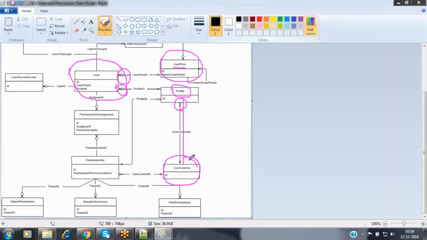Now observe what happened here. We have the license, the license has multiple profiles, and these profiles can be assigned to multiple users. Every user will have the user record access table. This user record access table will have all the information on which record which user has permissions. That will be stored inside the user record access.